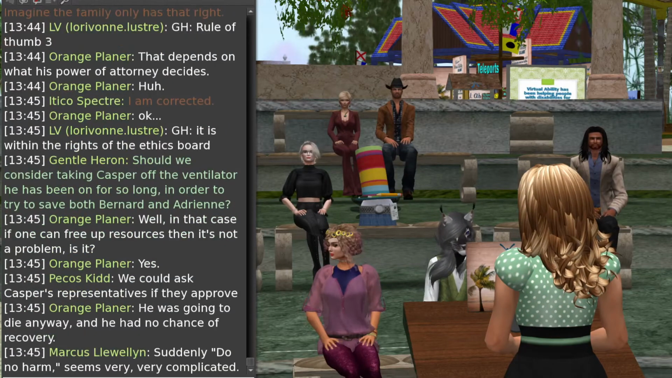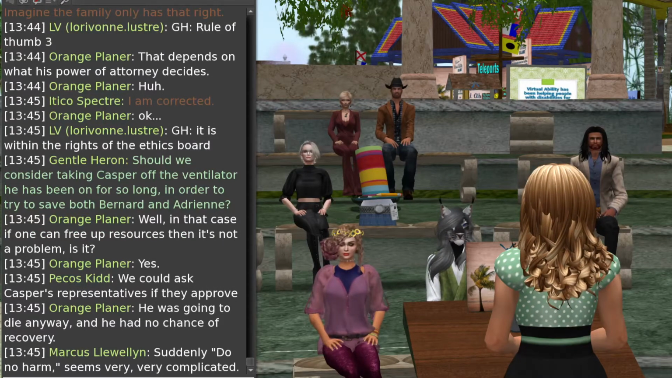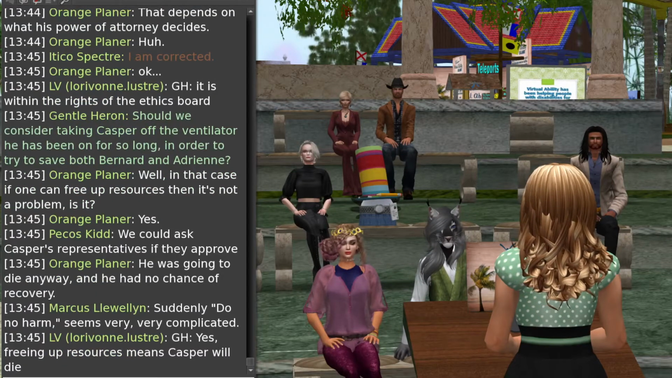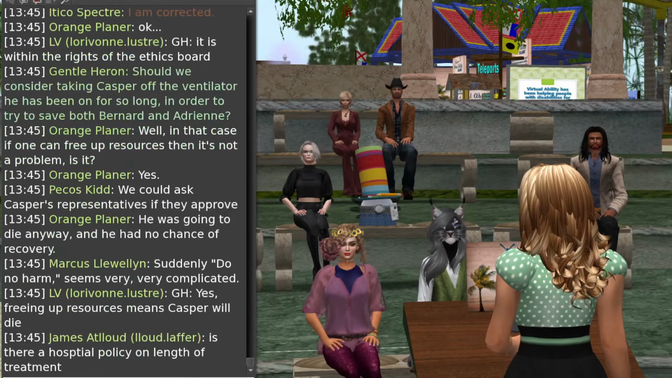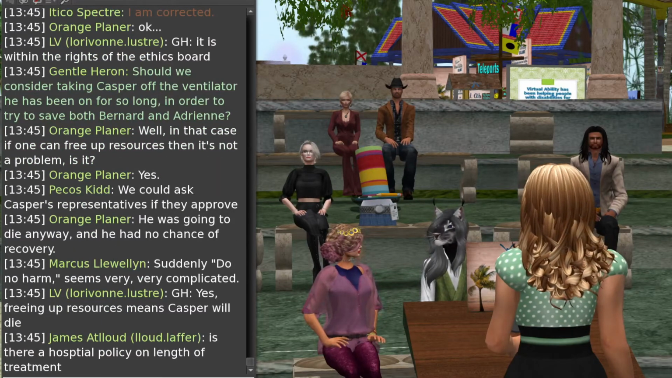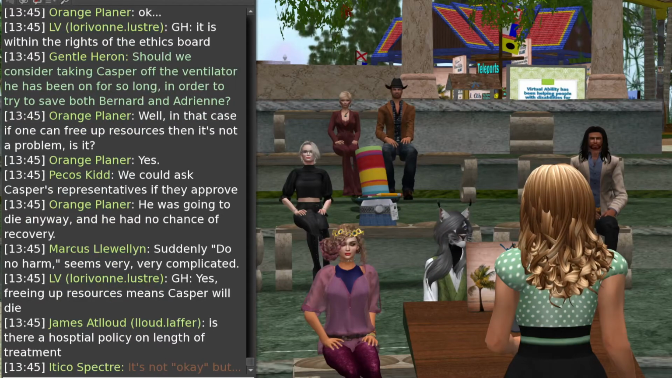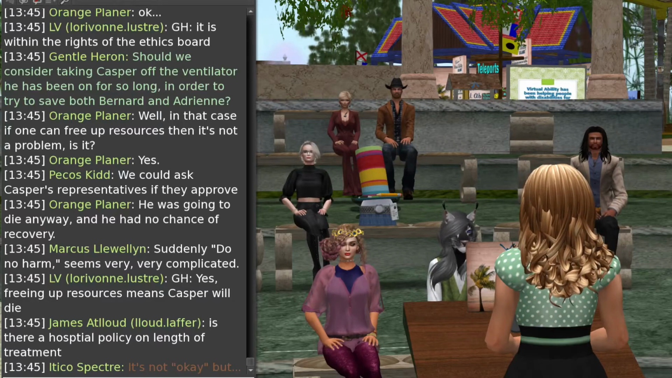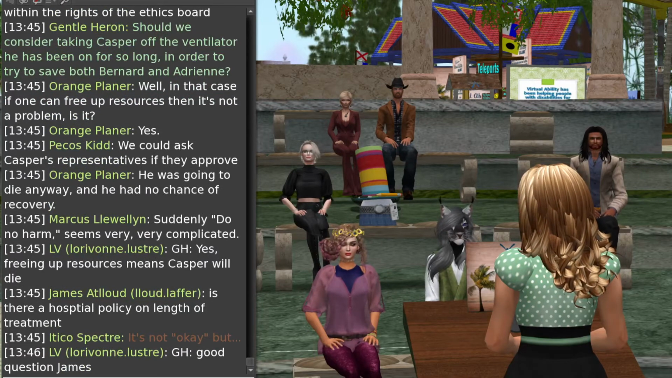Pickles said we could ask Casper's representatives if they approve. Orange reminds us he was going to die anyway. He had no chance of recovery. Marcus says suddenly the words "do no harm" seem very, very complicated. Oh, James, you're asking a good question. Is there a hospital policy on length of treatment? Idico says it's not, quote unquote, okay, but